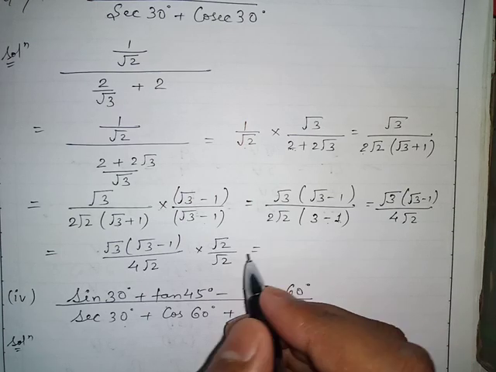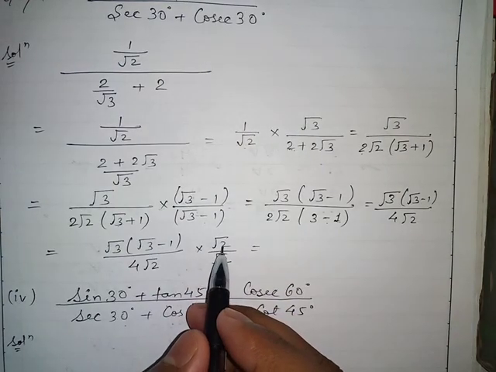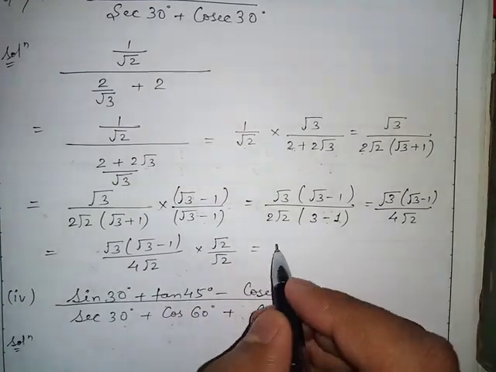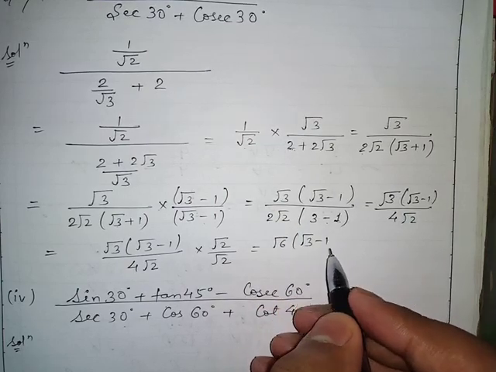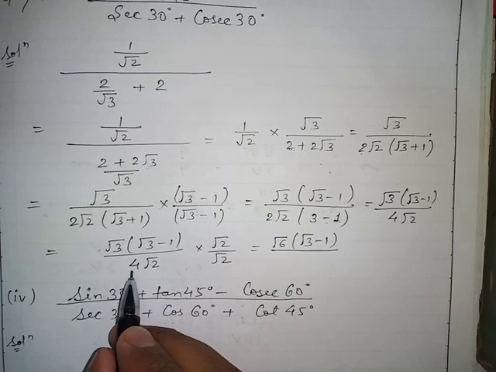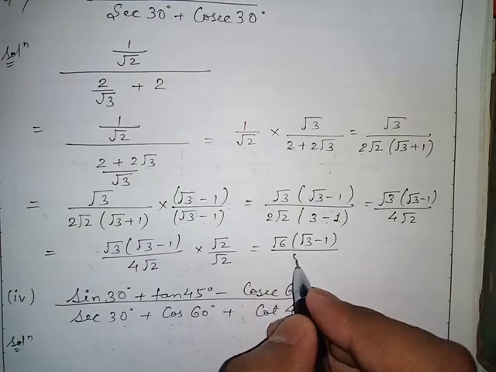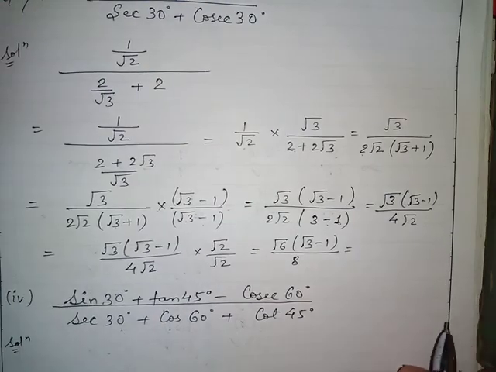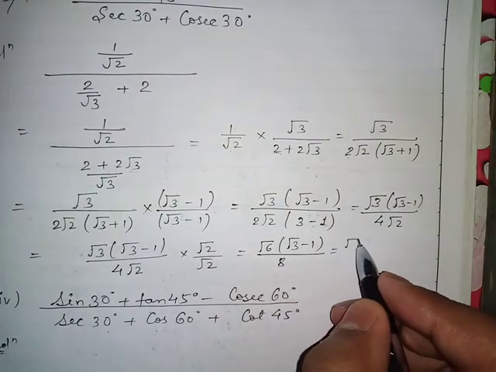Now first root 2 into root 3 is root 6. Now it is root 3 minus 1 by, and 4 root 2 into root 2, that is 4 into 2 is 8. Again see, root 2 into root 3, that is root 18